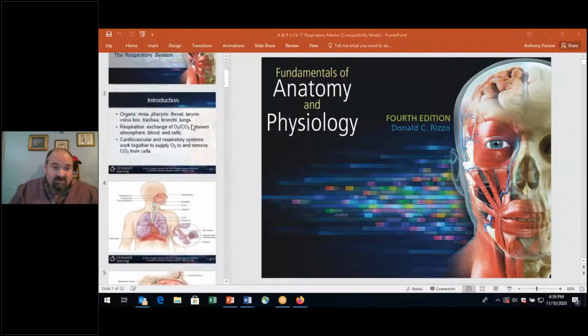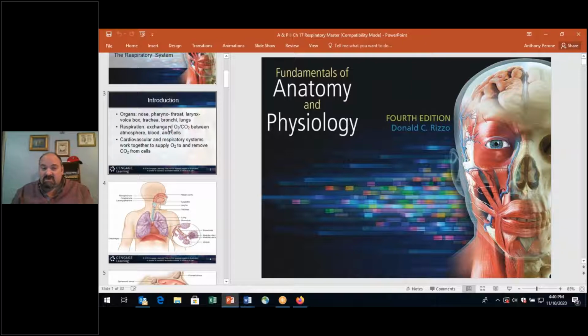Okay, so let's look at the respiratory system and see the importance of this system as far as the ability to bring oxygen to the cells of our body and take away the waste gas, the CO2, and have that exit the body. We're going to be seeing the importance of the different pressure gradients, and how having a difference in pressure between one area of the body and the atmosphere can affect how air enters and exits the body, as well as oxygen and CO2 exchanging between the lungs and the cardiovascular system, the blood, as well as the cardiovascular system and